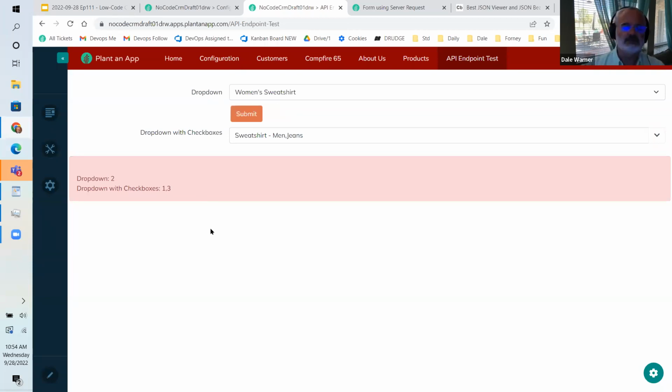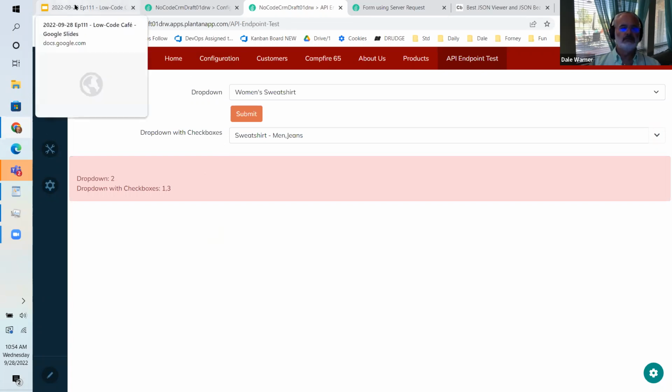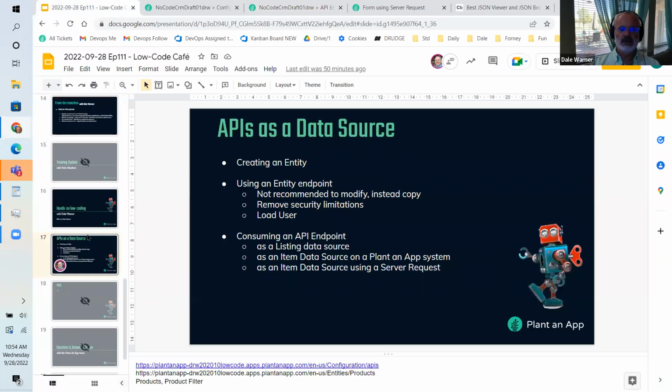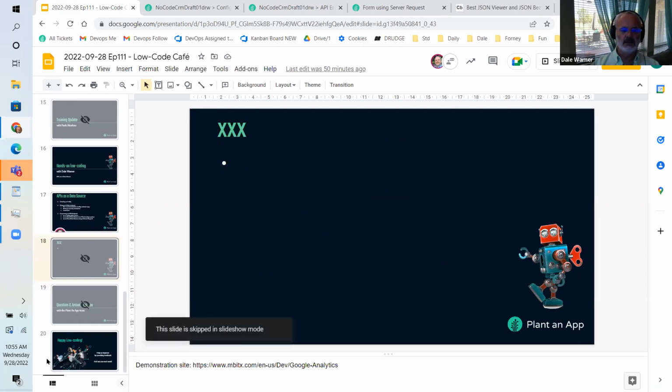But it just starts to show the possibility of adding logic, even filtering logic, but it could be more advanced logic. You could ask for things like user or security, or whether or not you want to log or reserve an item, things like that. So lots of different capability there. Okay, that's where we'll call it. That's APIs as a data source, how you can consume them, how you create them, reasons why you might use an API over using a